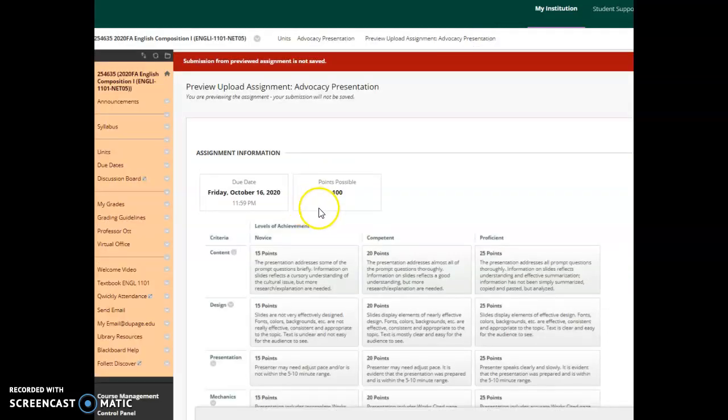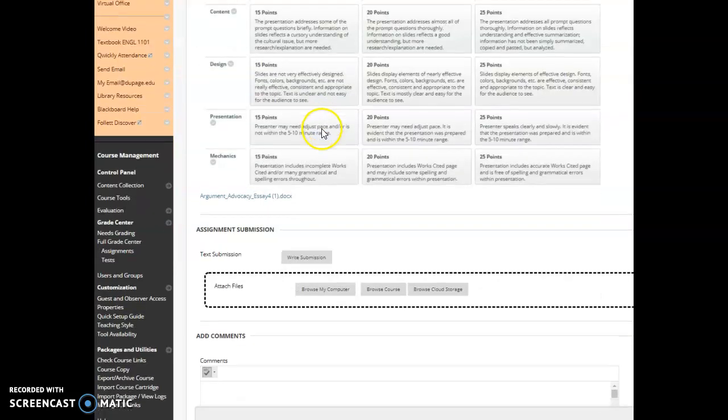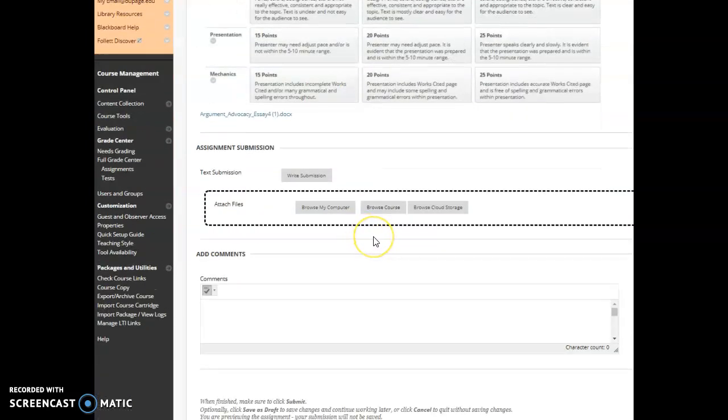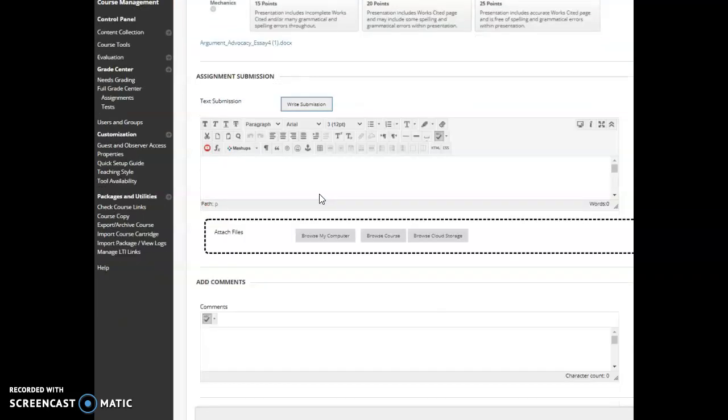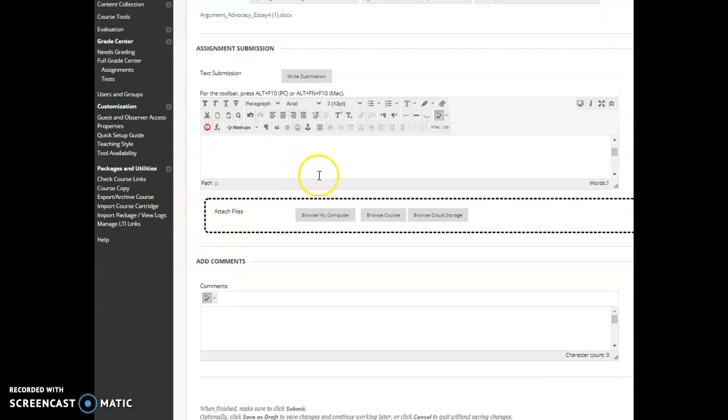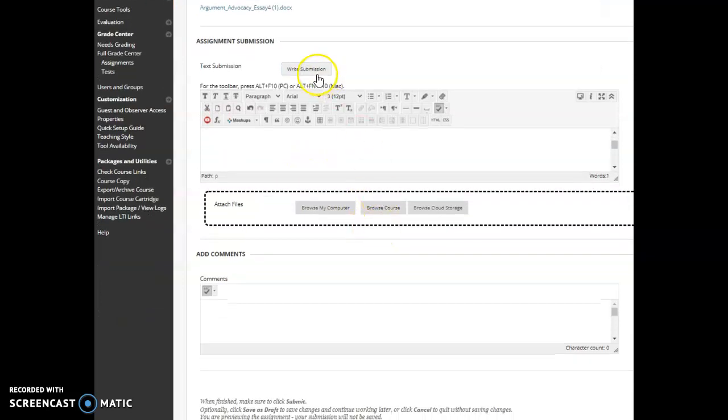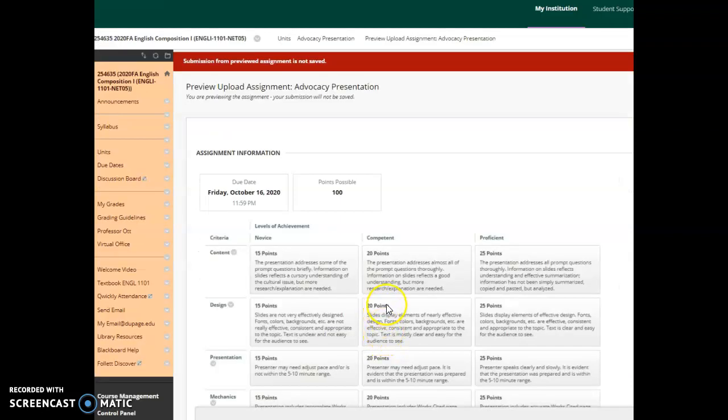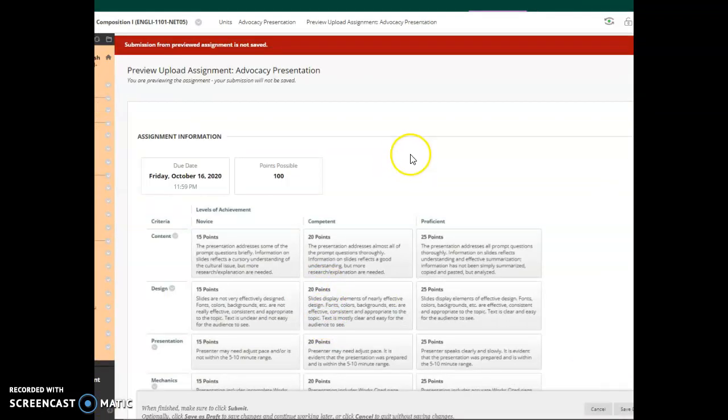It could be because I'm not a student that it's not saving. So hopefully you can just write in your submission there. And I think it might have been also because I didn't click certain settings. Let me make sure. Write submission. Click submit. I think because I'm the instructor for this course, I'm not able to submit things, but that's the